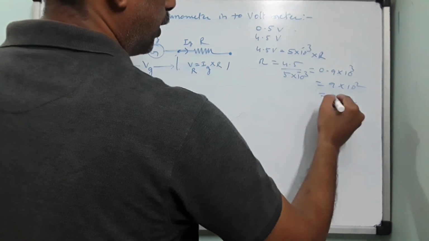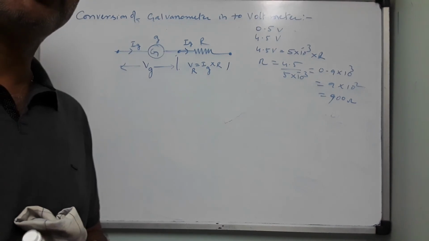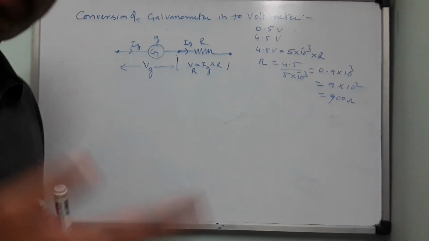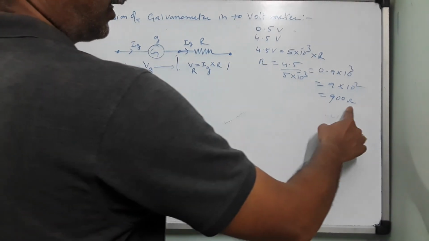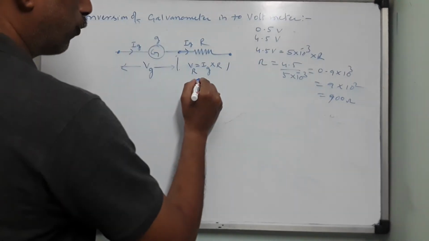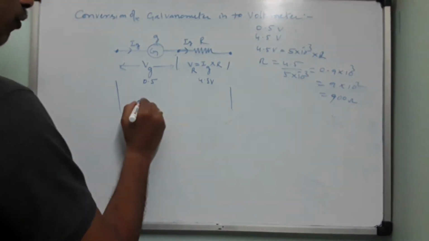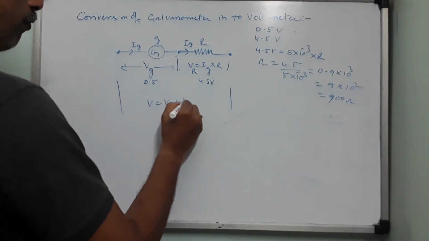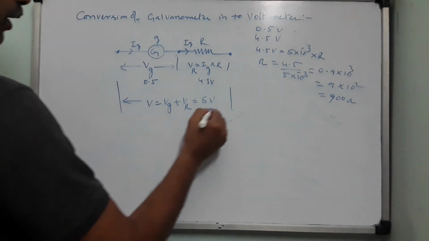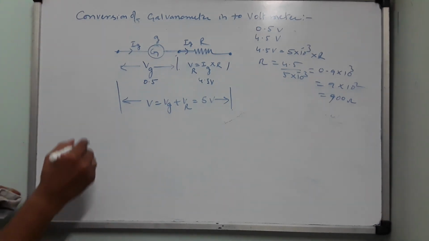900 ohm resistor. So therefore children, the galvanometer which was measuring 0.5 volt, if I want it to measure a 5 volt potential difference, I should select a 900 ohm resistance and that should be connected in series. So this particular part will measure 4.5 volt, this particular part will measure 0.5 volt, total will become V equals to Vg plus Vr, which is nothing but 5 volt. This is the concept of converting a galvanometer into a voltmeter. Clear? Right. So how do you convert?